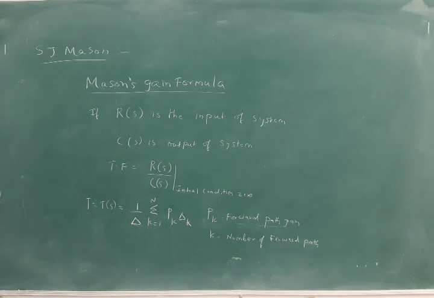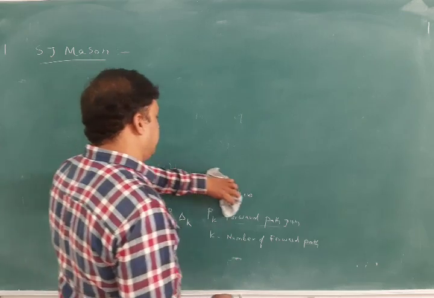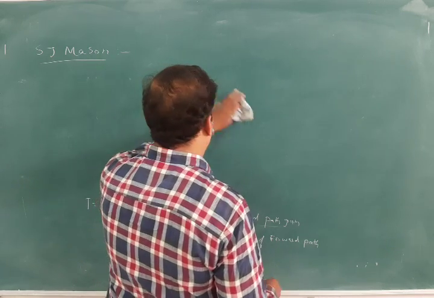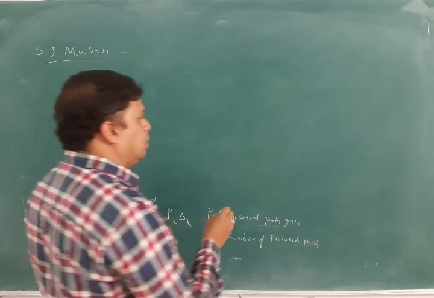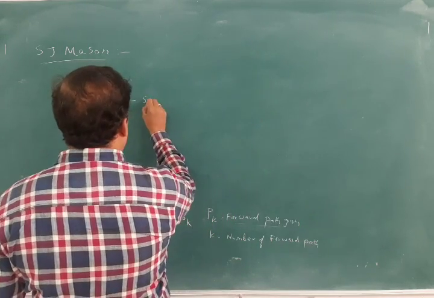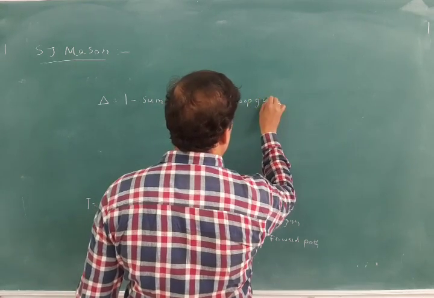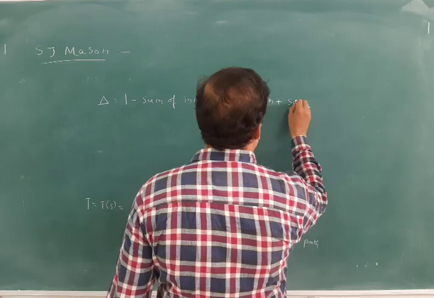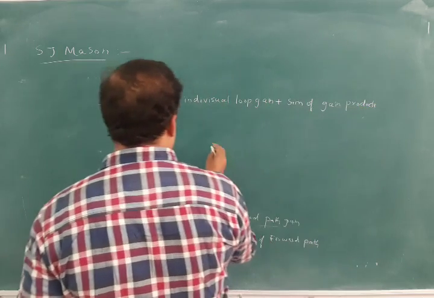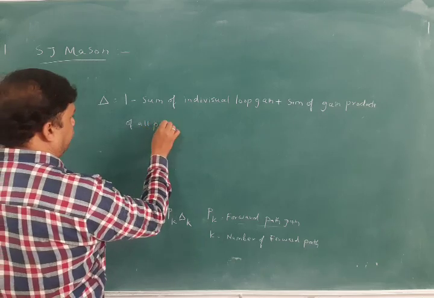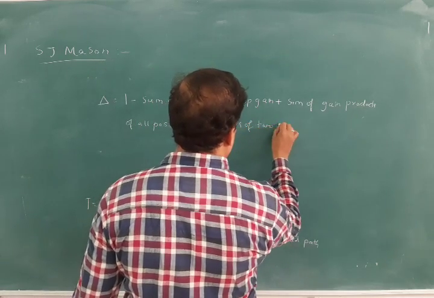Delta is equal to 1 minus the sum of individual loop gains, plus the sum of gain products of all possible combinations of two non-touching loops,